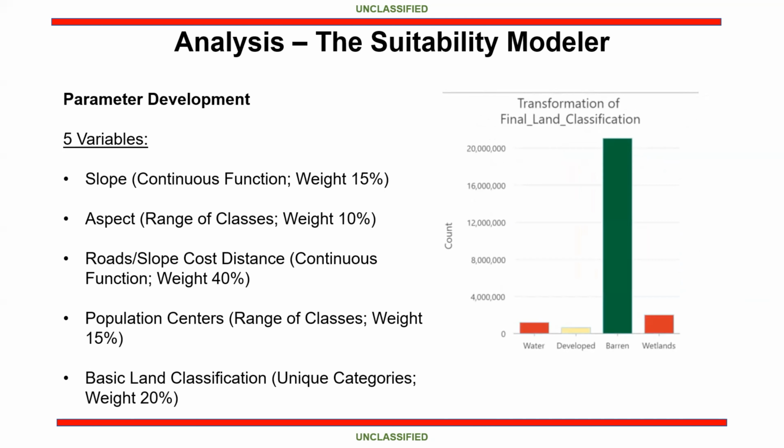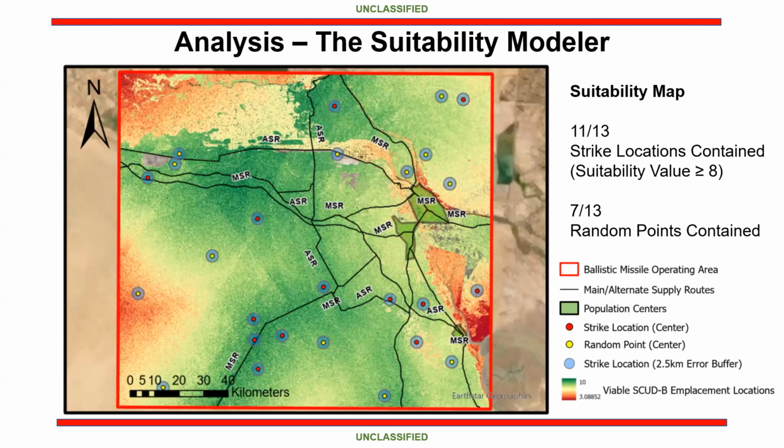This was really to cut out the water, cut out the wetlands, so you're not launching any TELs, you're not launching any Scud missiles from a lake or whatever, or risking getting it stuck in the wetlands. So this was really to value the open space to make sure that it yields better results there. So the suitability modeler then spat out the suitability map here, and I had 11 out of